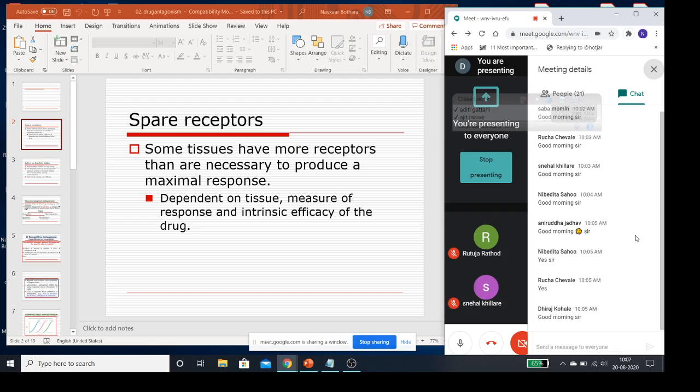Now it was actually observed that when some receptors were completely blocked, still in some tissues there was an effect, and then when it was studied, it was found that some additional receptors